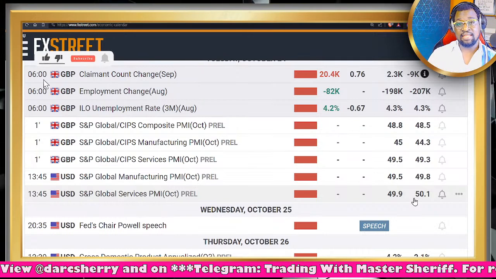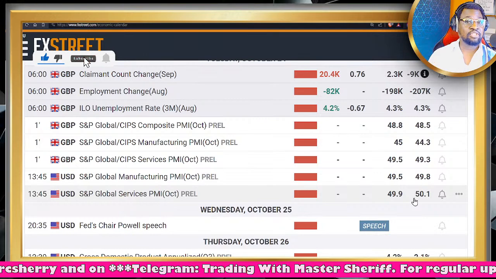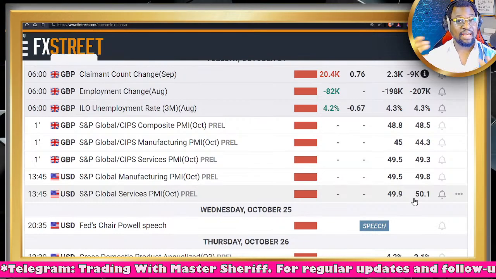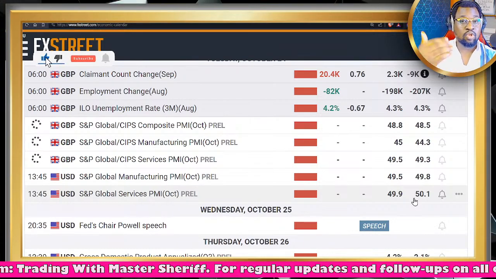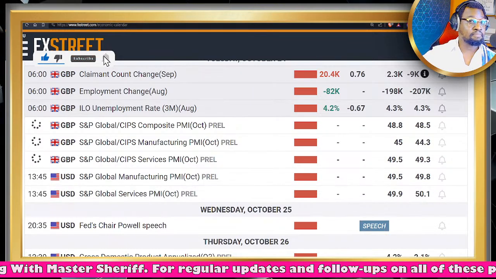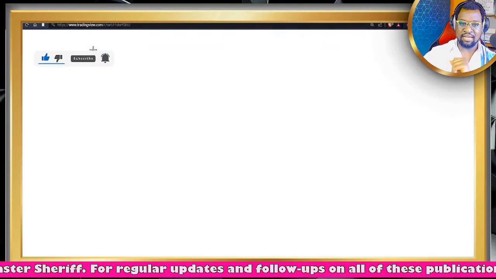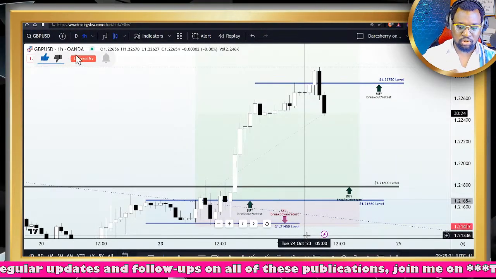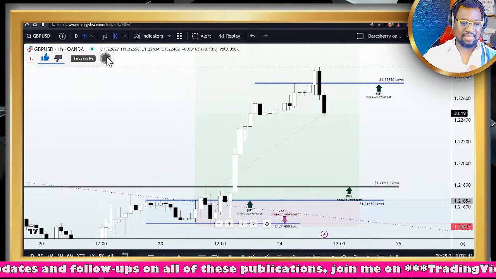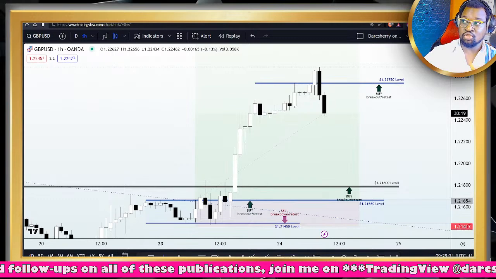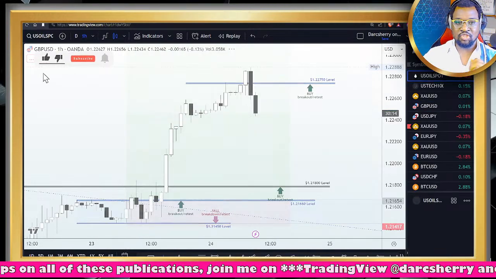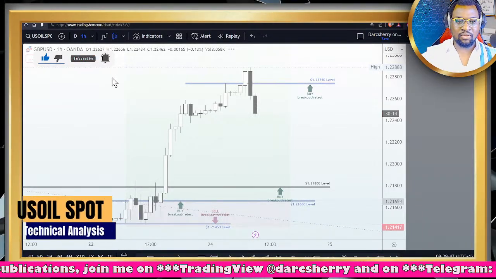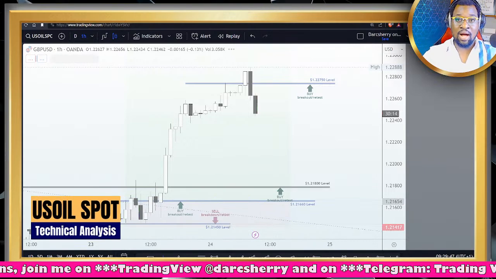And as technical traders, the anticipation of this event alone has a tendency of influencing the market sentiment, which in the long term will be affecting the price action. So talking about price action here, let's run through what is going on the chart from a technical standpoint. Now, the first asset we are going to be taking on today, as usual, is going to be the US oil spot. I don't know why every time I try to load up my US oil spot chart, it takes quite a while. But let's see.